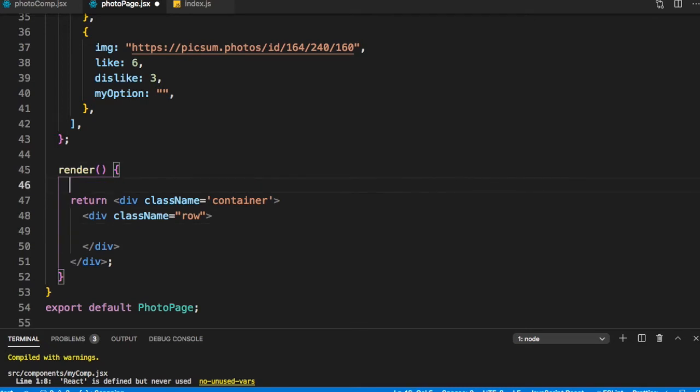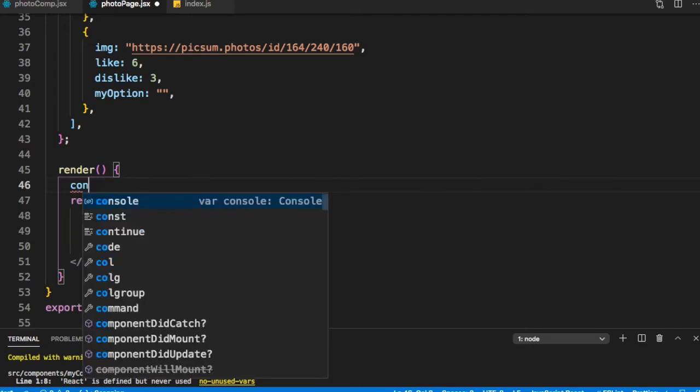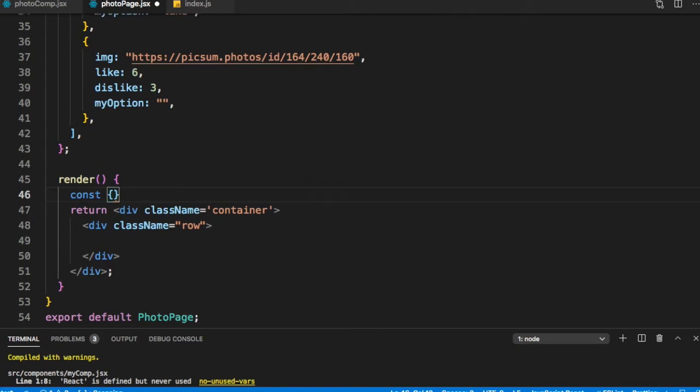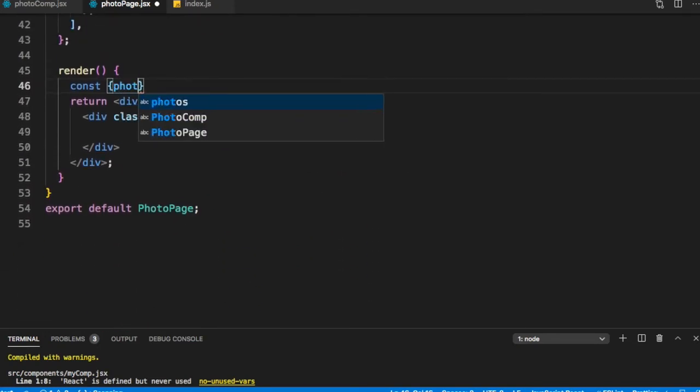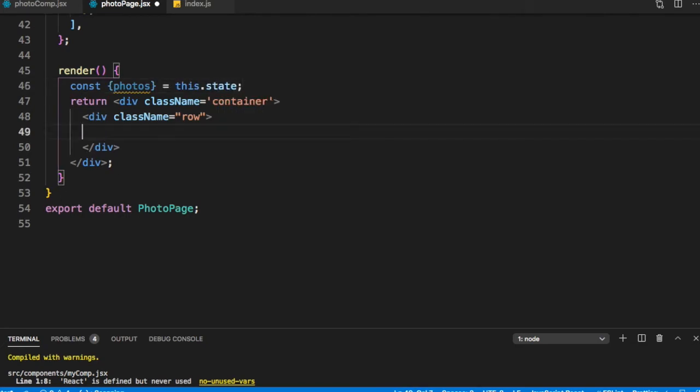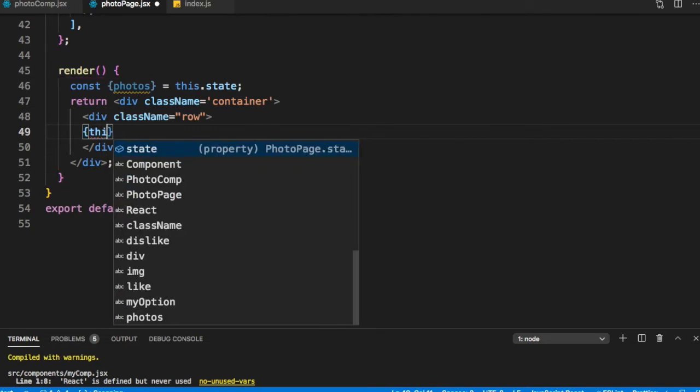So const photos is equal to this.state.photos.